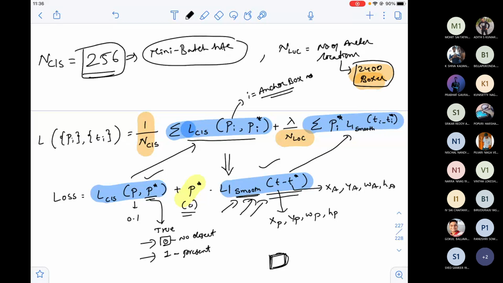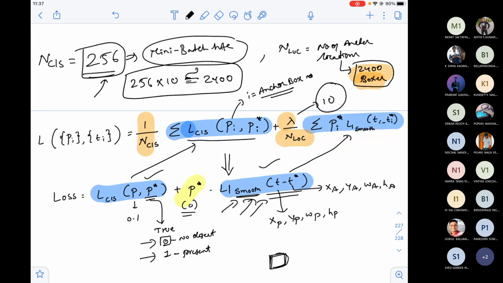Now, what is the last parameter here, lambda? Why do I have to use lambda here? Lambda is actually a smoothing parameter. It is generally set to 10. Again, the question is why 10? The intuition is they want to ensure that 256 when multiplied with 10, of course it is greater than 2400, will be approximately equal to 2400.